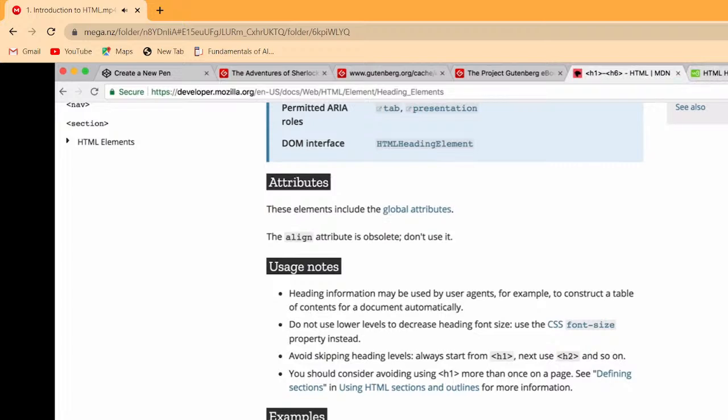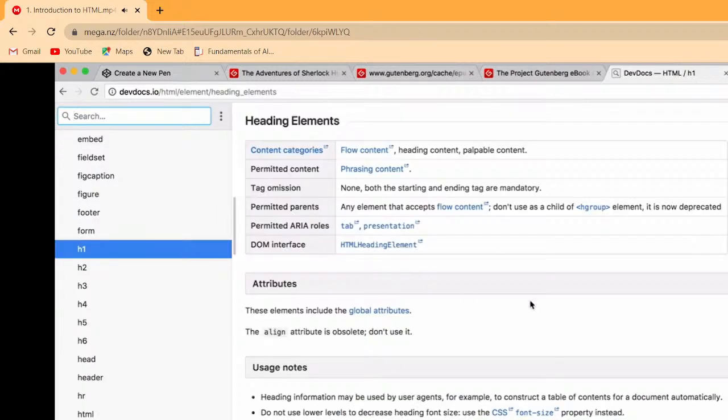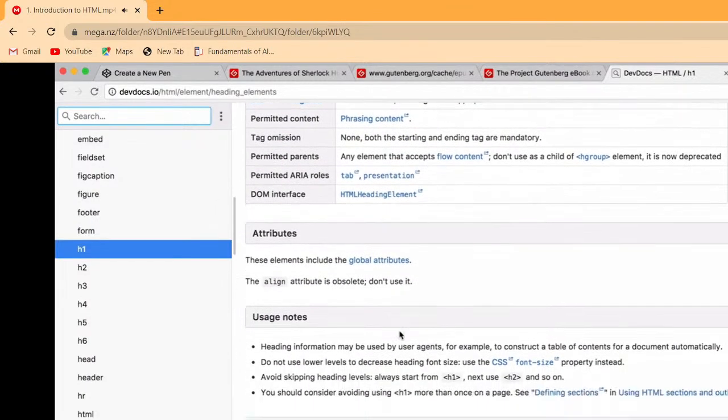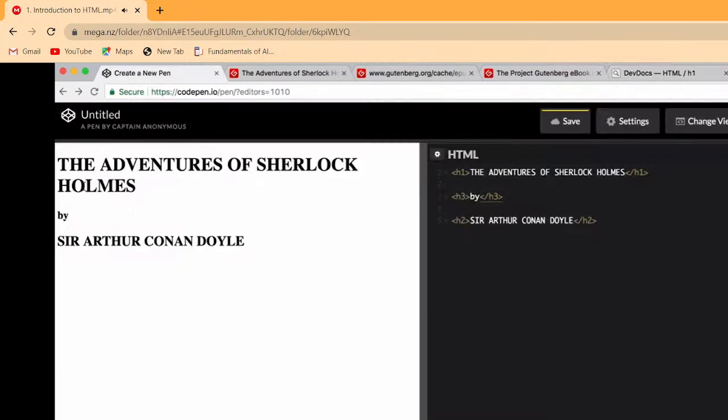So I want to show you one last resource that I quite like using, which is called devdocs.io. And this is basically a website that puts together a lot of the similar to what we saw on MDN, but it's just structured in a very simple way, and it's very easy